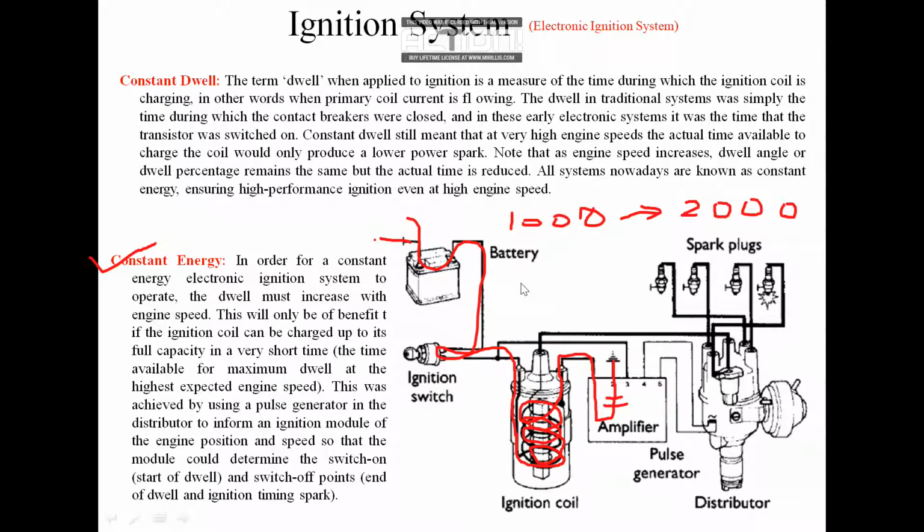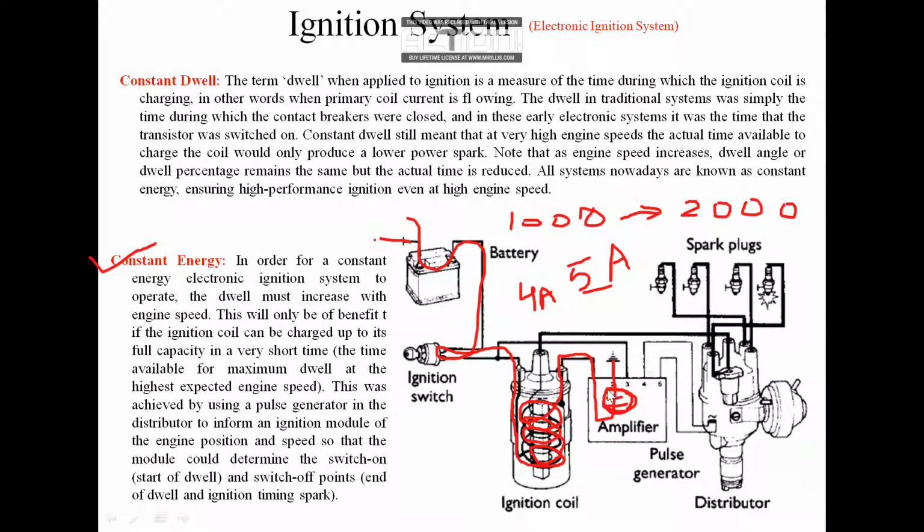In this primary circuit, initially 4 ampere is going through this line. Now you are supposed to increase the speed, so now it is 5 ampere flowing through this line. So by increasing the current flow in such a manner, our capacitor needs to be charged within a short time. Okay, so 5 ampere to 6 ampere, 6 ampere to 7 ampere, in that way. For example, if we are supposed to enhance the rpm, we enhance the rate of flow of current, the rate of flow of electrons, by changing the resistance value. So in such a way the capacitor gets fully charged in the available time.